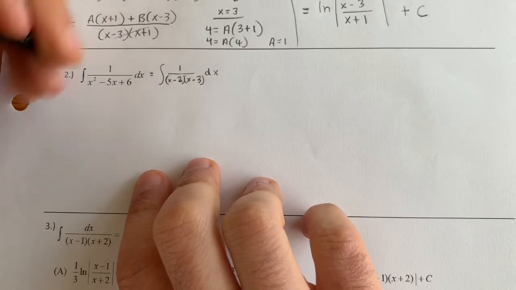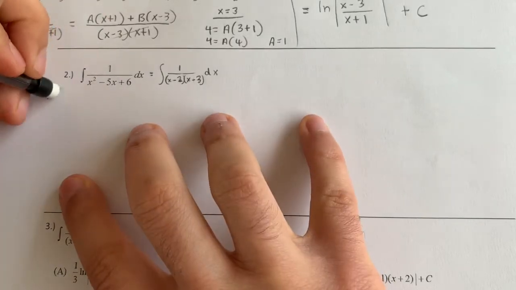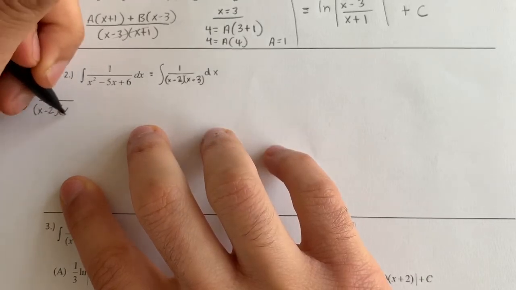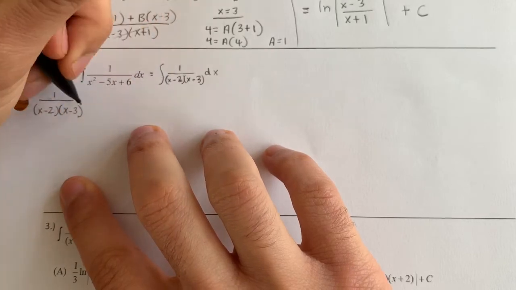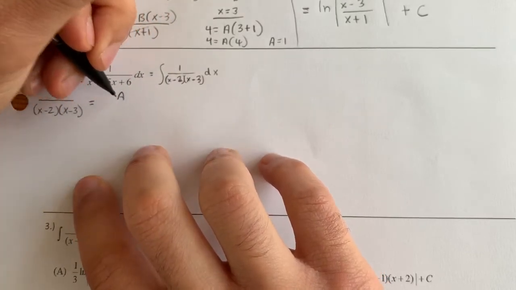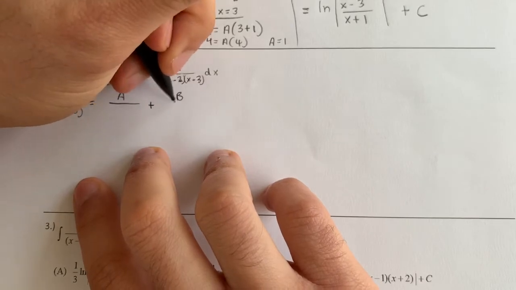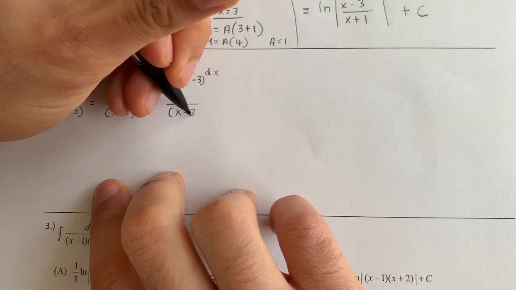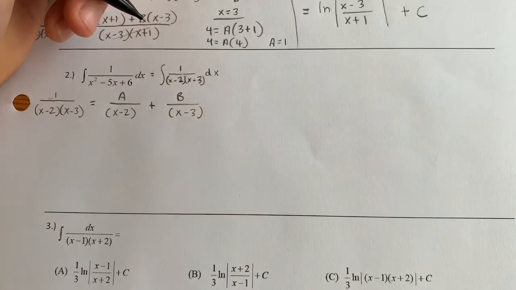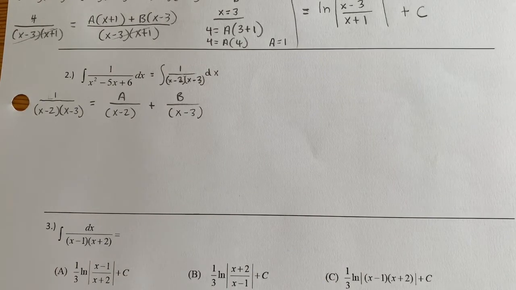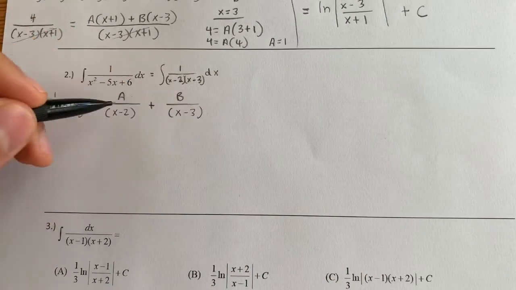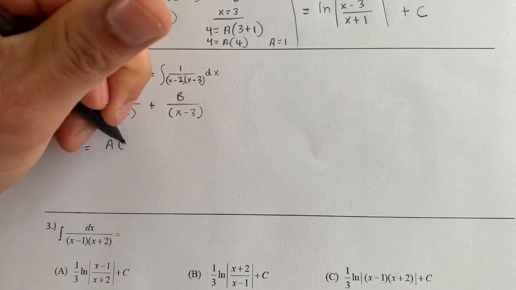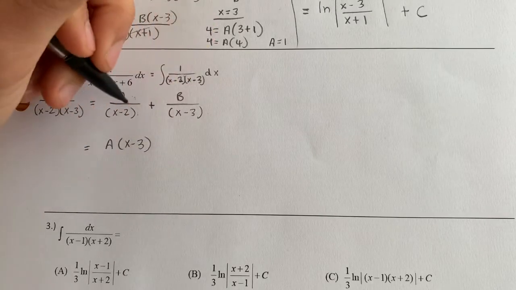Okay, so what we have here is that 1 over x minus 2, x minus 3, that's the original problem, would equal the format that we want, which would be 2 fractions, separate fractions, of x minus 2, x minus 3, and then we'd have to find the a and the b value. Well, what happens with this is we had to find the common denominator here by multiplying this by x minus 3 over x minus 3. So our a gets multiplied by x minus 3 on top and bottom,